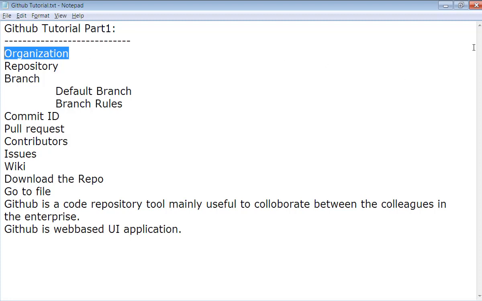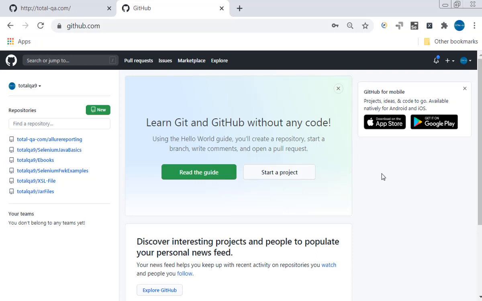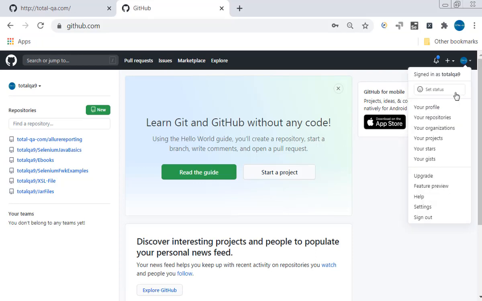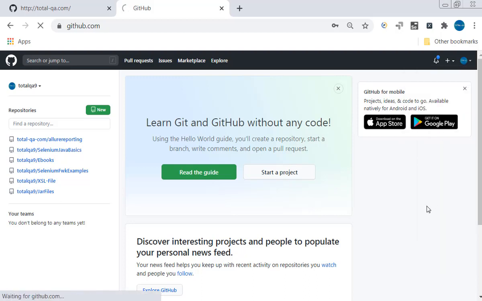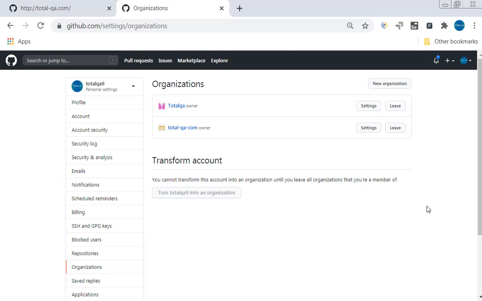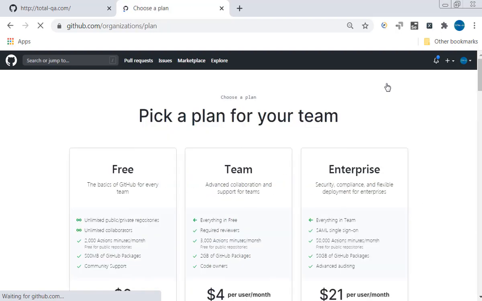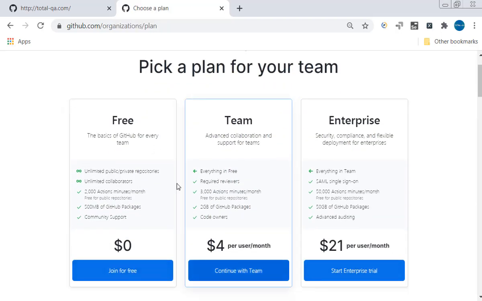I'm going to show you how we create an organization here. Once we log in, you just see here your organizations. Click on organizations now. Click on the new organization button and you have different options. Free: in the case of free, you can have unlimited public and private repositories.